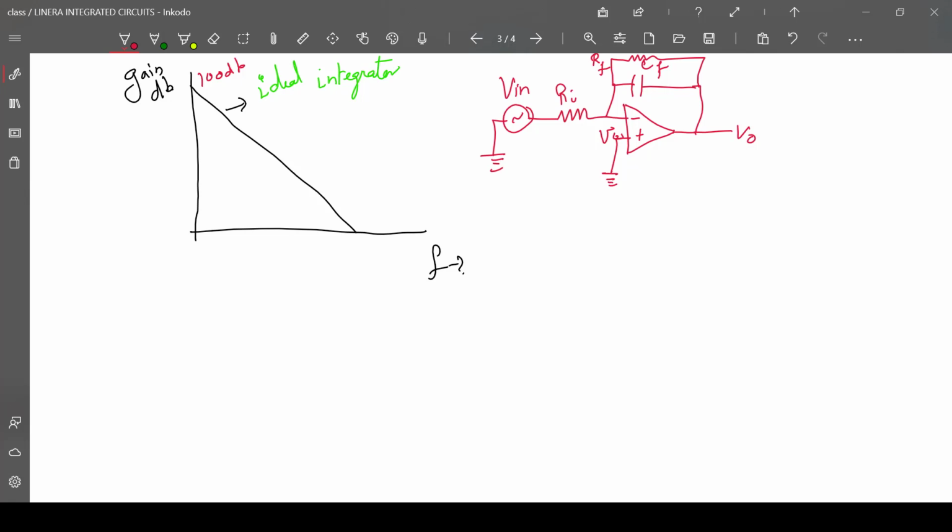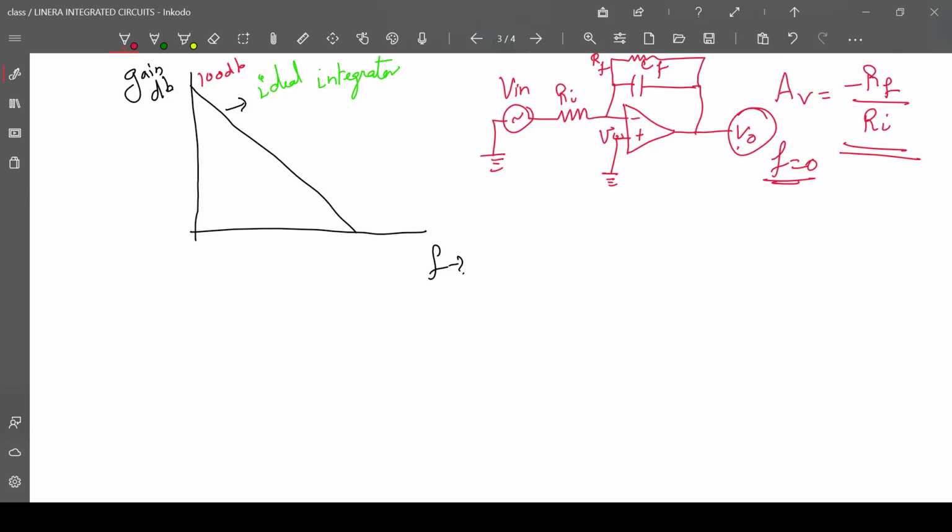So during this time, the corresponding gain of the system will become AV is equal to minus RF by RI. Okay, minus RF by RI. So now at any condition, even though the frequency is 0, there will be some small gain. Due to that gain, the output voltage will not meet the saturation level.